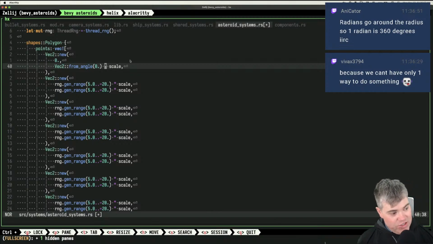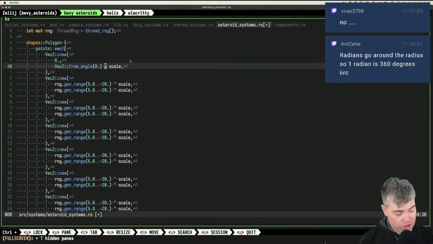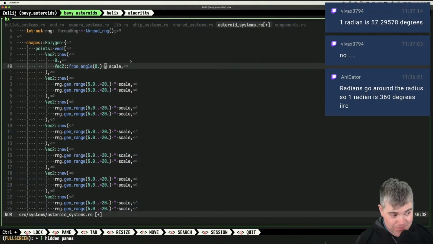radians go around the radius. So 1 radian is 360 degrees. Okay, so it's a number between 0 and 1. So if I want 1, no? Okay. Not that. I mean, if that was true, 1 radian is